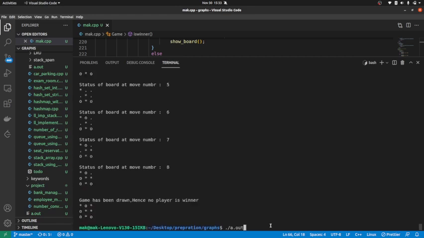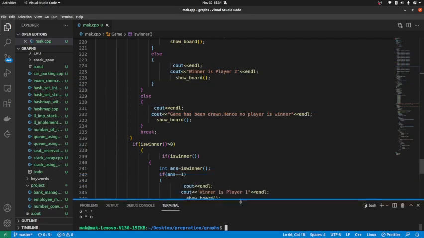Yeah, here you can see that at this moment the game has been drawn, because there is nothing like any diagonals, any corners, or any row and column where anything is left. You have seen how my program is running and how two players are playing the game. So let me walk you through the code.